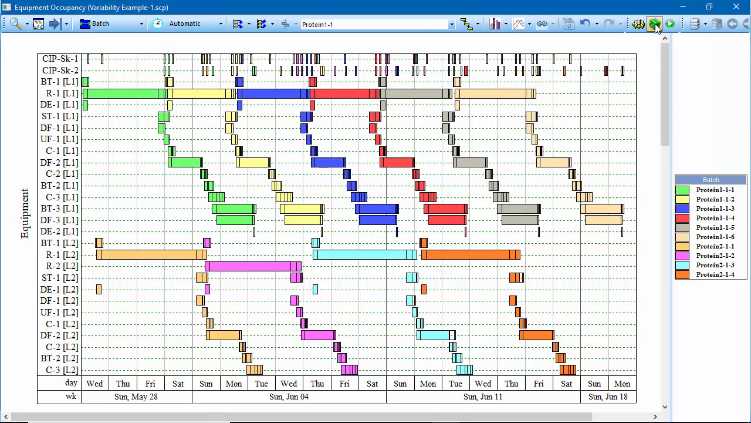Notice that in some cases, a longer than normal operation creates a conflict that may be resolved by selecting an alternative equipment unit for that procedure, if an alternative unit is available, rather than by delaying a subsequent batch. For example, the second batch of the Protein 2 campaign has been switched to unit R2 on line 2, rather than unit R1. This allows the second batch to be scheduled at its originally planned time, even though unit R1